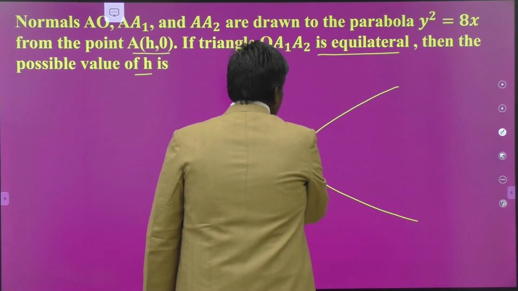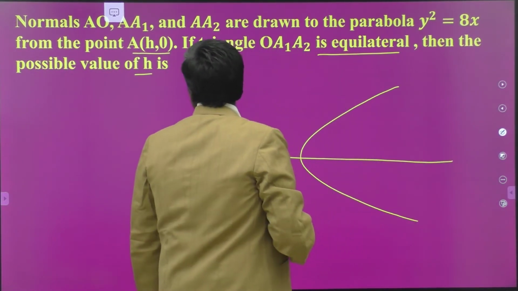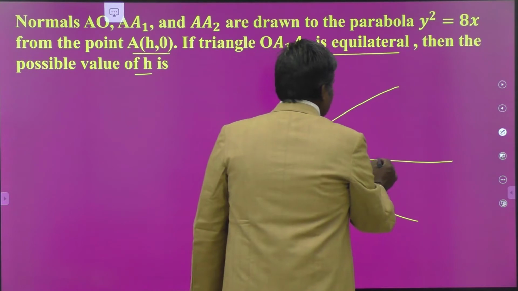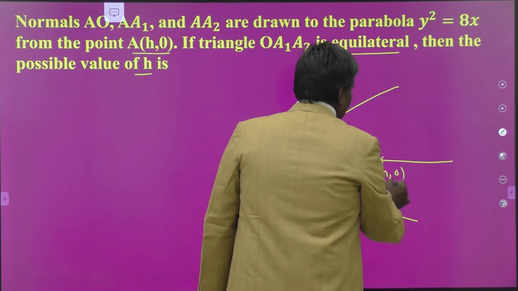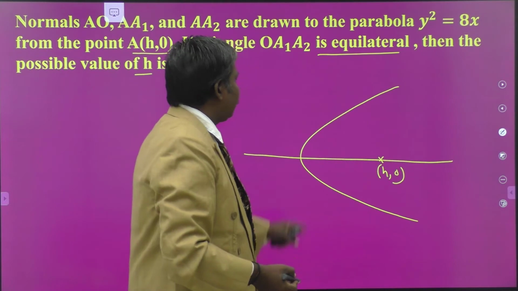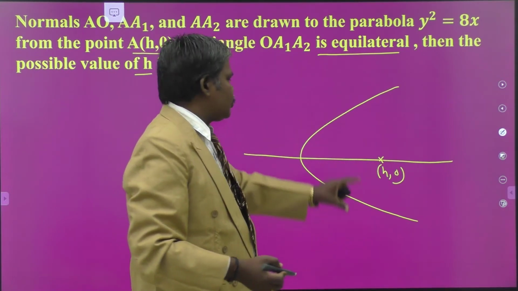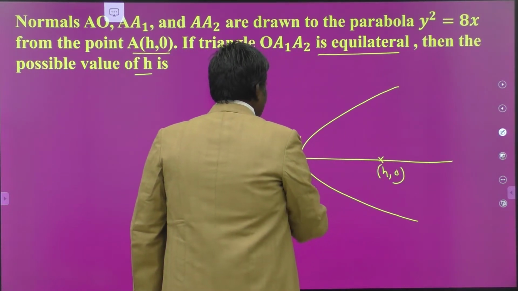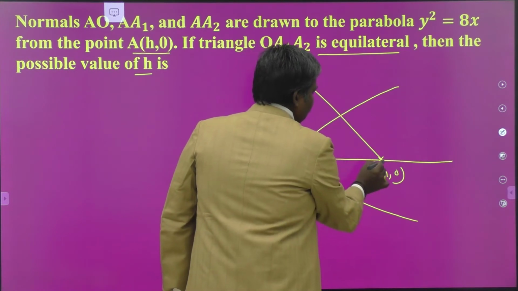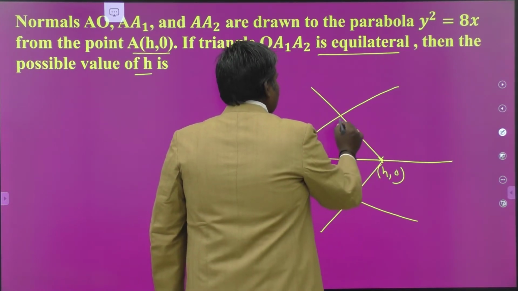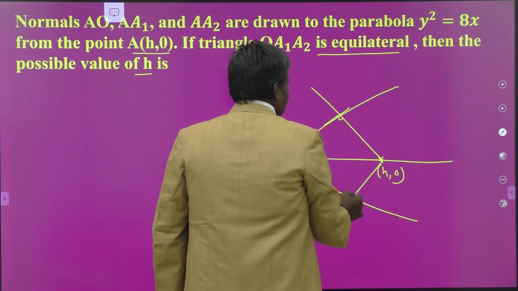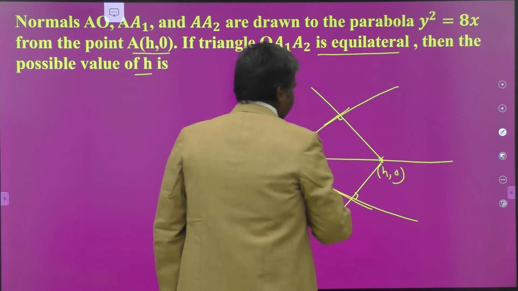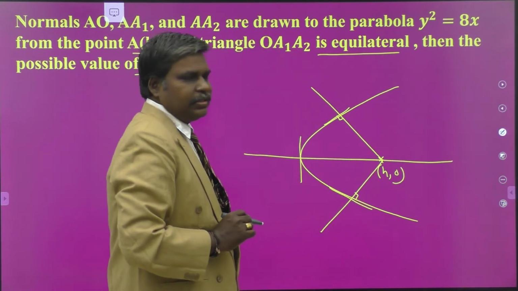This is the parabola. This is the axis of the parabola. Consider some point (h, 0). h must and should be greater than 2a. Then only we can draw 3 real and distinct normals to the parabola through that point. One of the normals is the axis, clearly, because the tangent at the vertex is here. So we draw another 2 normals like that. The angle must be 90 degrees. If you draw the tangent at this point of intersection, here the angle is also 90 degrees. Understand? This is the diagram.